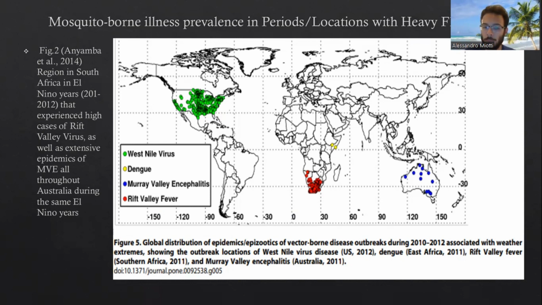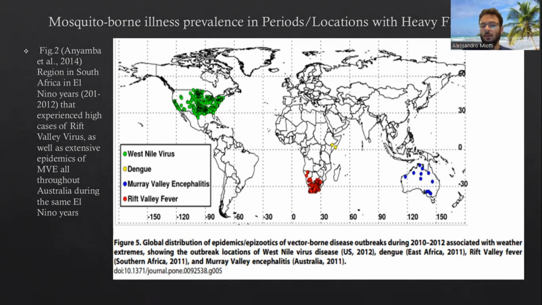which allowed, after flooding, these stagnant pools to form. And actually, they experienced a bunch of epidemics throughout South Africa of Rift Valley fever, because these mosquitoes were laying their eggs in these pools around the vegetation during these El Nino years. And they had actually not seen something as impactful as these epidemics since 1970. There had been no epidemic as big or even as important of Rift Valley fever since 1970.